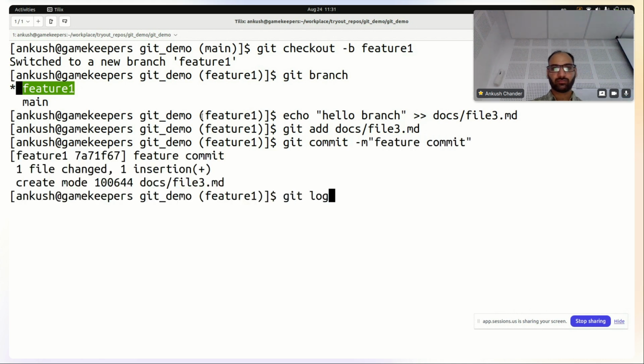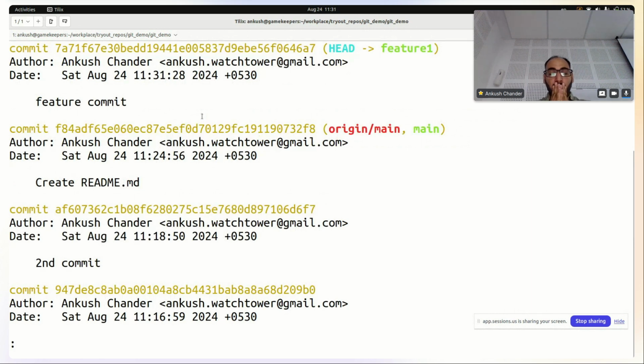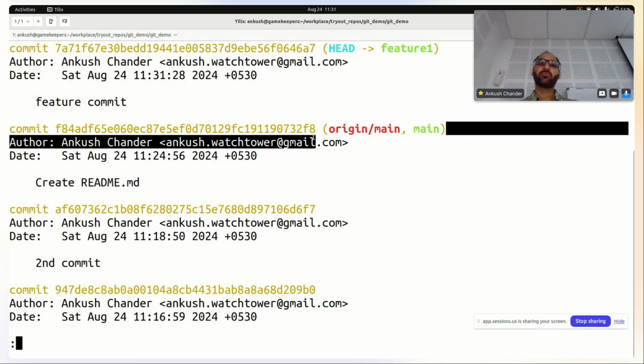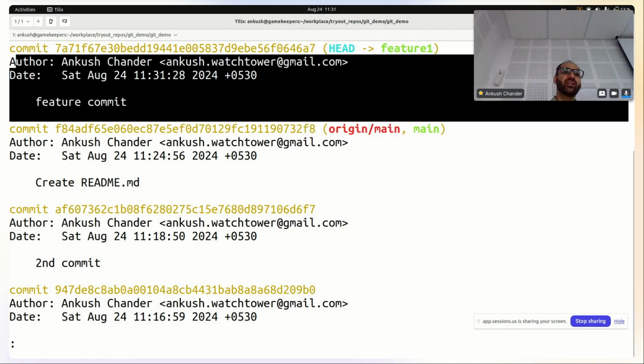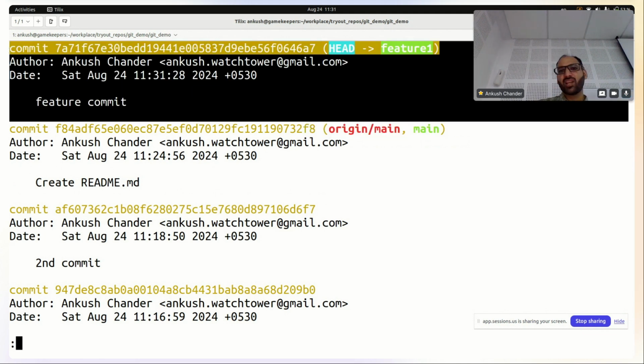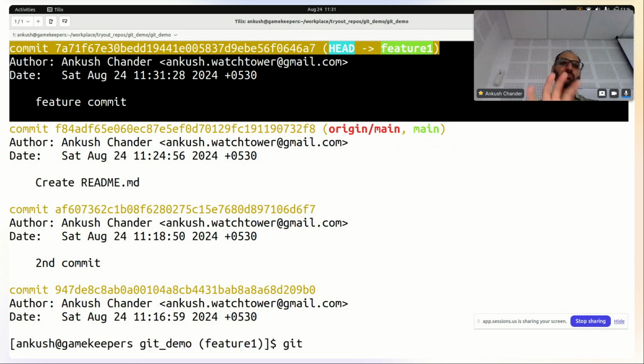What will happen? Excuse me. So यहाँ तक हमारा क्या था? Main branch था. उसके बाद we created a new branch, and this latest commit went into which branch? Feature, not in main, right? Now I can push this branch as it is to